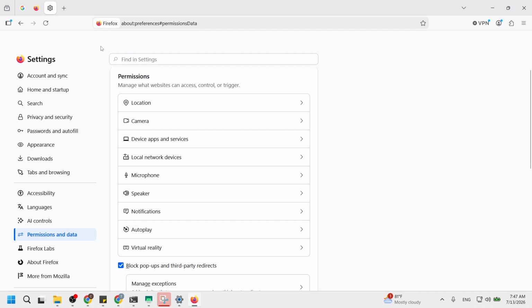After that, click on Permissions and Data. You will find this option among the various categories listed in the Settings menu. Once you click on it, you'll see a section dedicated to site permissions. This is where you will manage permissions for essential features such as location services, camera access, and notifications. Understanding this area is important because it helps maintain your privacy and ensures that you only allow access to features